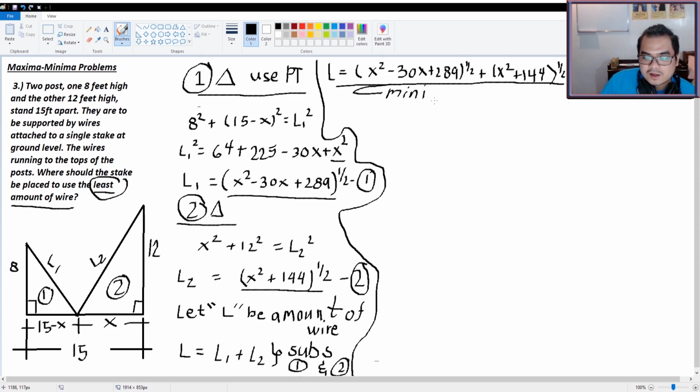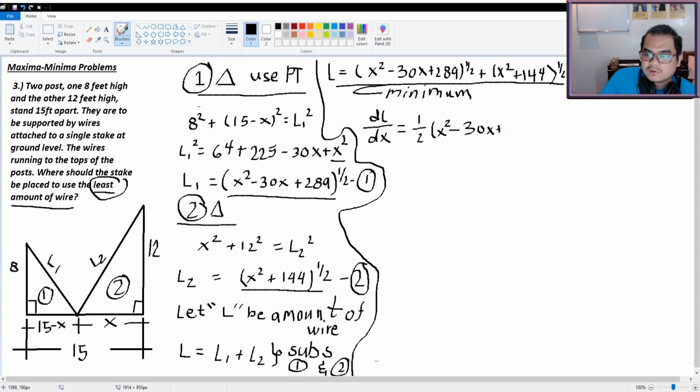Not necessarily minimized, we can just say this must be minimum. In order for you to get the minimum value of this, you have to use the derivative. So the derivative of L with respect to x, dL over dx, must be equal to, that's only the power rule, right? 1 half will go down, times